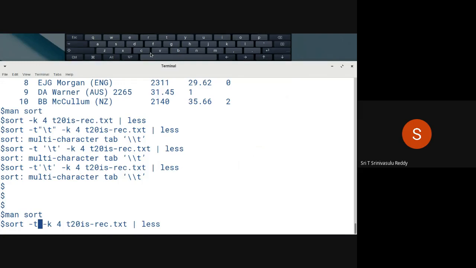Sort minus t. Okay. Let us see otherwise, like minus field separator is one way of looking at it. Minus field separator equal to